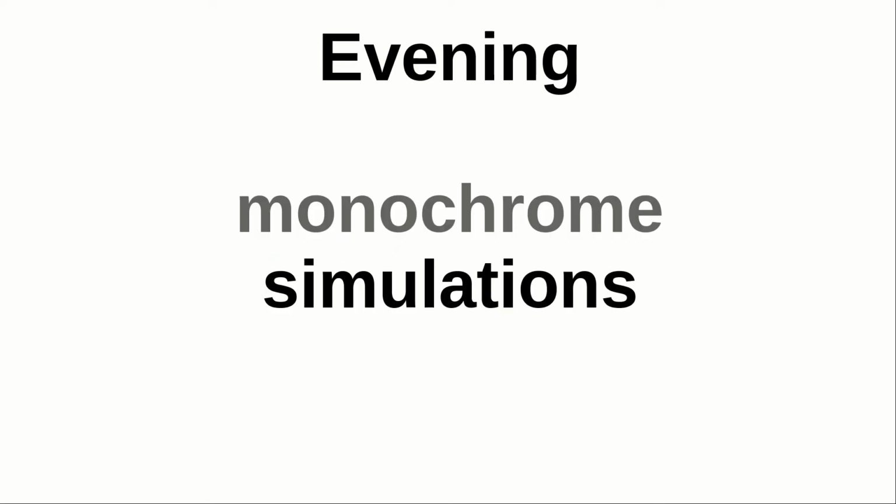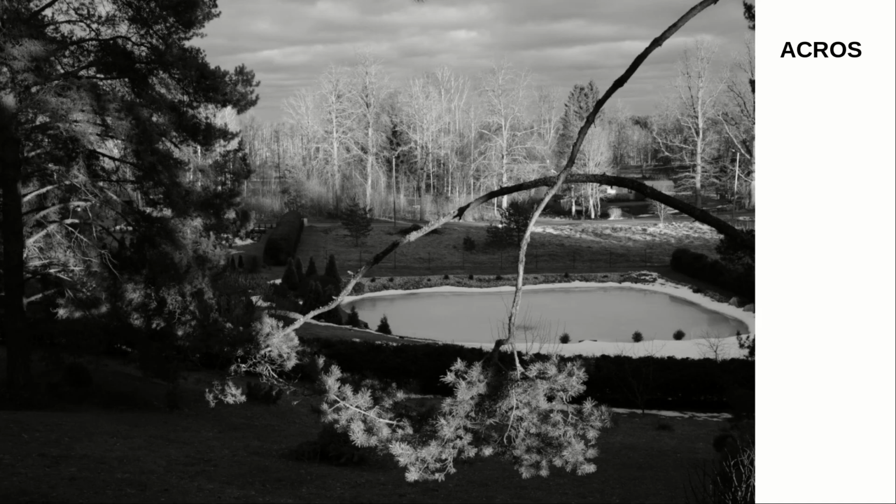We're now looking at the evening images. Acros looks okay, just okay. I'd expect more when I trade in beautiful colors for no color. Acros with yellow filter is beautiful. Look at the clouds and the lighter trees in front of it in the distance. Likewise, the branch in front simply glows.